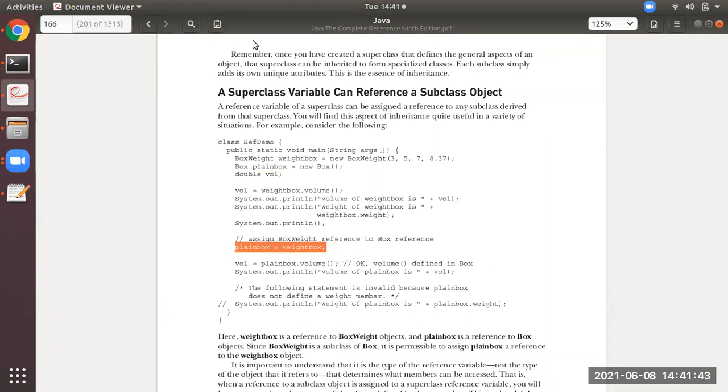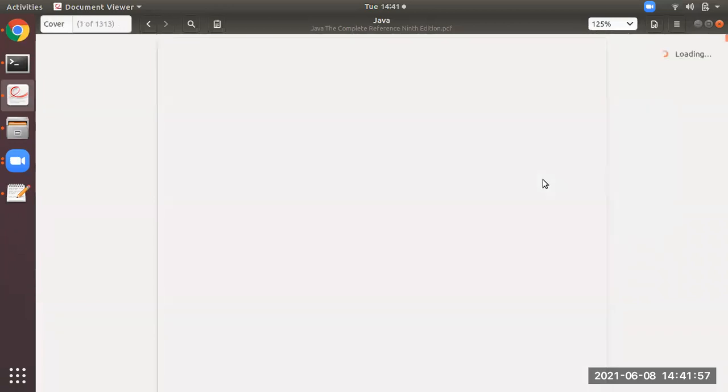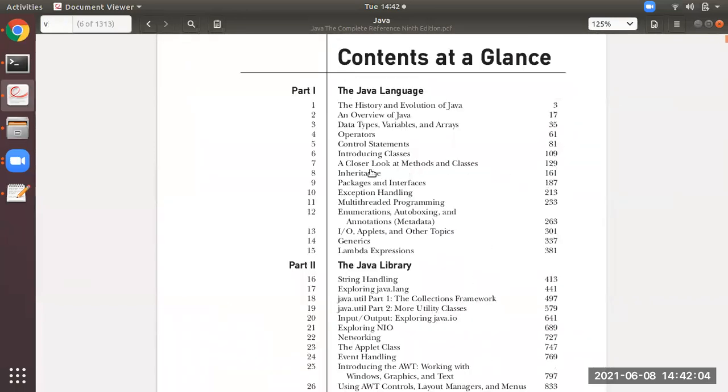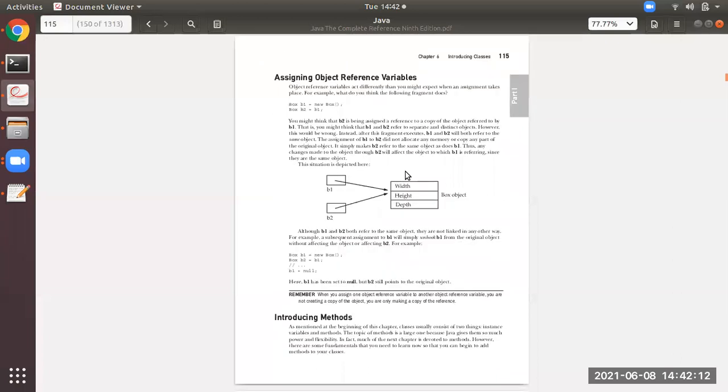For this, students, if you want to understand, you need to have the knowledge of the starting of the class concept. I hope you all have understood. I will show you that diagram. It is there in the chapter Introducing Classes, chapter number 6. This diagram, this concept we have seen just now.